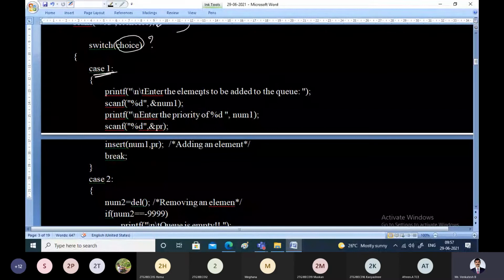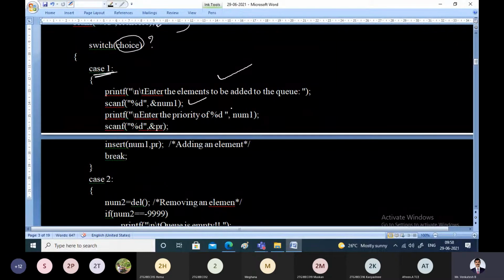So we'll ask the user what element you want to add. That will be stored in a variable called number1. Along with the element, in case of priority queue, we will also ask the priority of that element. Say you have given 10, then we will ask immediately next, what is the priority of that 10? And that will be stored in the variable called priority.